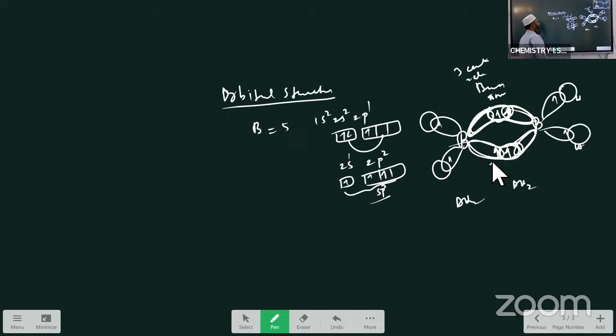3-centered 2 electron bonds are formed in this diborane. So this is about the structure of diborane. Diborane का structure है. Now next,